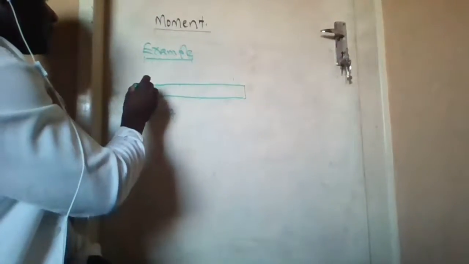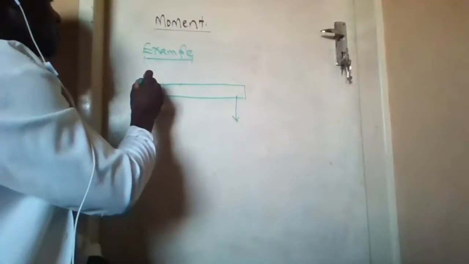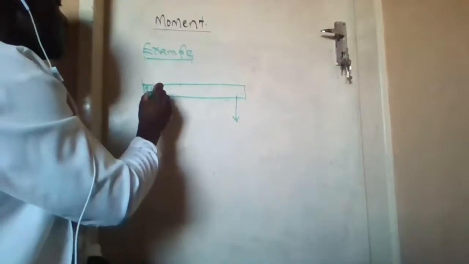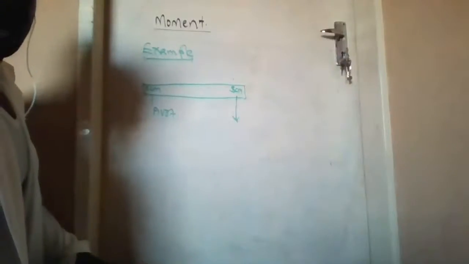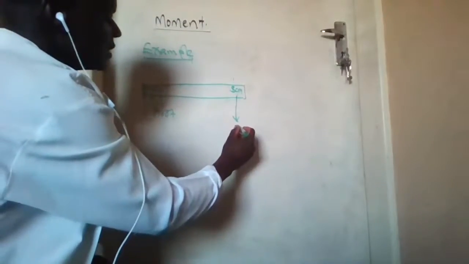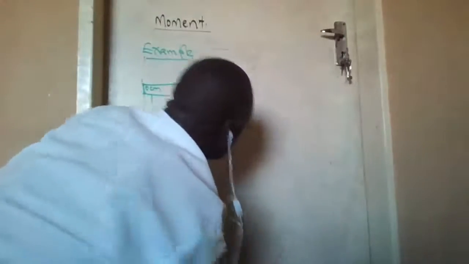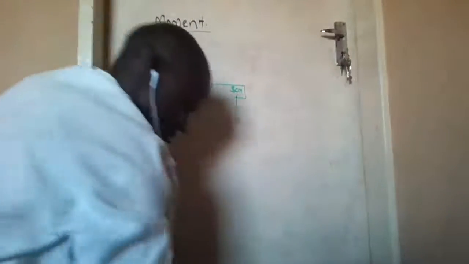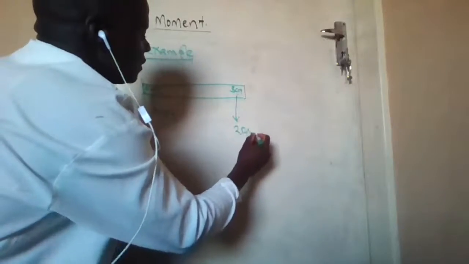The pivot starts from here, and the force is applied at that point, where the distance, if this is 0 centimeter and this is 80 centimeter, is our 80 centimeter mark. Let me just put a very small number: if the amount of force applied here is 20 Newton,